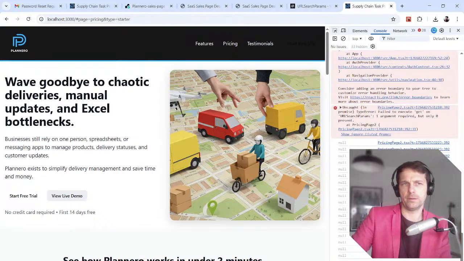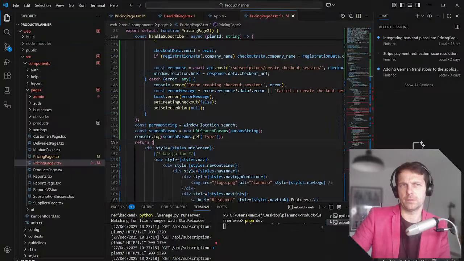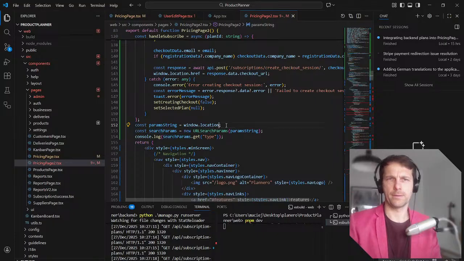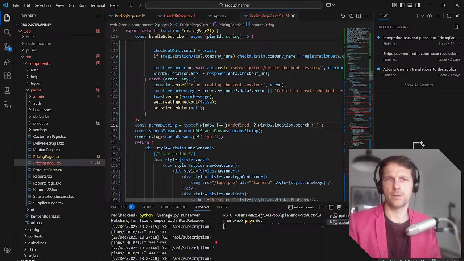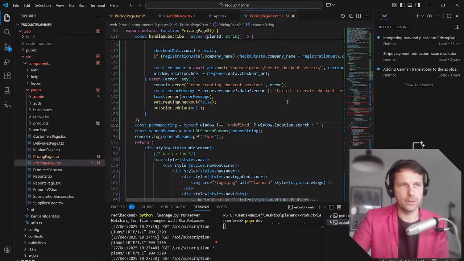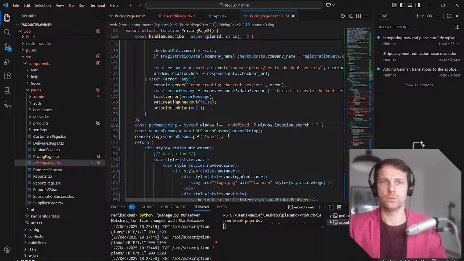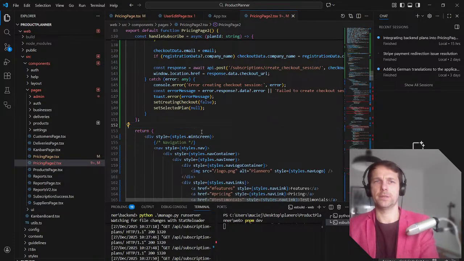Why am I not seeing it? Location. Window have, okay. No. Okay, this is where my years of experience go to shit. Okay, let's just have a...